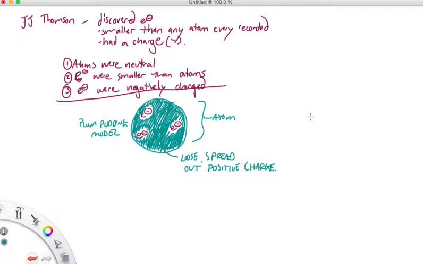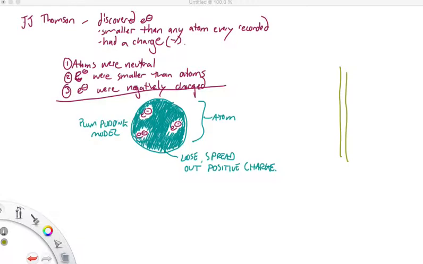So next came Ernest Rutherford, and in his lab he had a bunch of people firing things at atoms. He got this very, very thin gold foil sheet. I'm not sure how he was able to get it so thin that it was only a few atoms thick, but he was able to. So he had this sheet of gold, called gold foil. Maybe I can find an illustration of this.